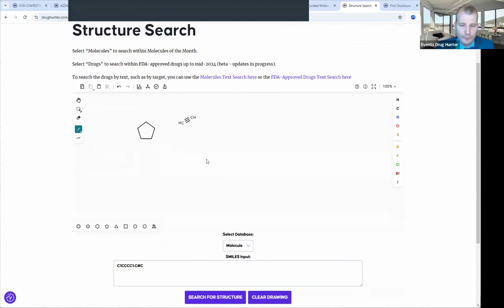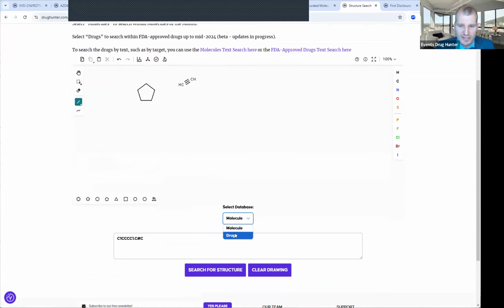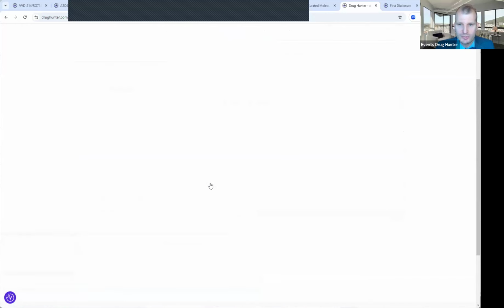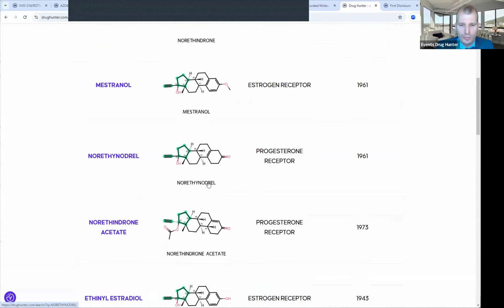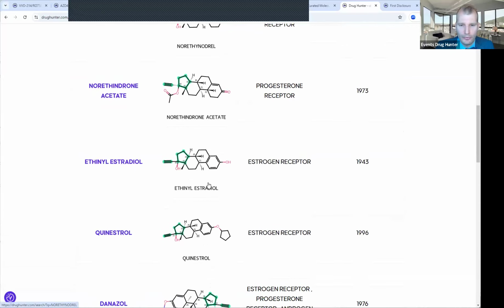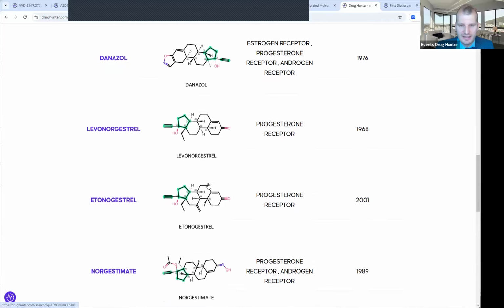And they can be in different parts of the molecule. So let's just see, and you don't have to connect them. You can draw two different functional groups and then just hit search here as well. And now, whether or not these groups are connected, you will find drugs that contain both acetylenes and cyclopentyl groups,